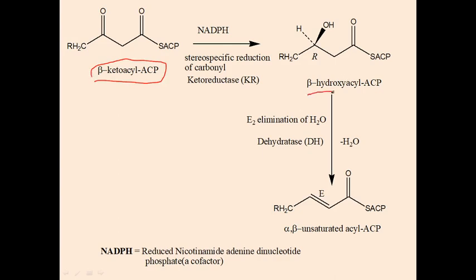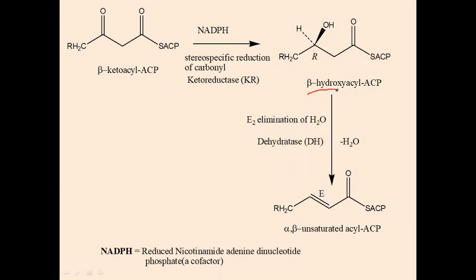And the product formed from beta ketoacyl ACP is beta hydroxyacyl ACP. You can simply call it beta hydroxyacyl ACP. Here you can see this is carbon 0, this is carbon alpha, and this is carbon beta. To this beta carbon there is a hydroxyl group. This keto group is reduced to a hydroxyl group. That's why it is called beta hydroxyacyl ACP. It is called acyl because for this whole structure, this whole group, you can call it acyl.